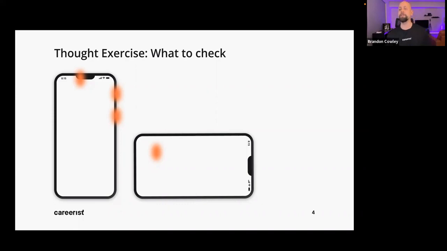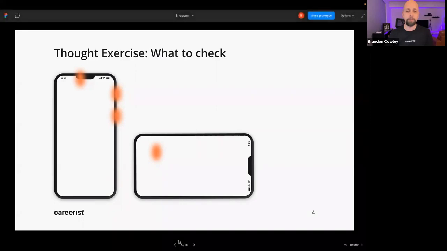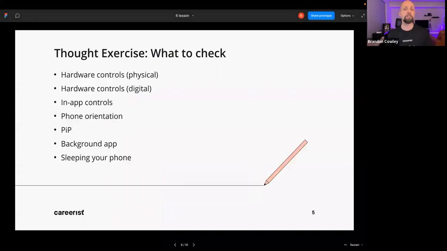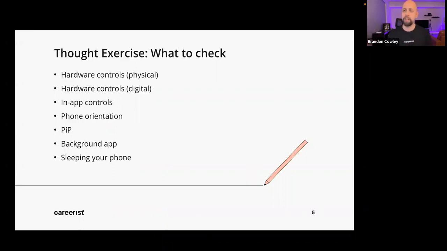But okay, so before we go down into a YouTube fan club, you've all done a really good job of calling out a large list of things that you would want to check. And I think we hit just about all of the things that I would want to be looking for. So in this thought exercise that I've conducted with you, nicely done. Things that we'd want to check. These are things that I would include in a standard test run, things that I would want to be looking for.